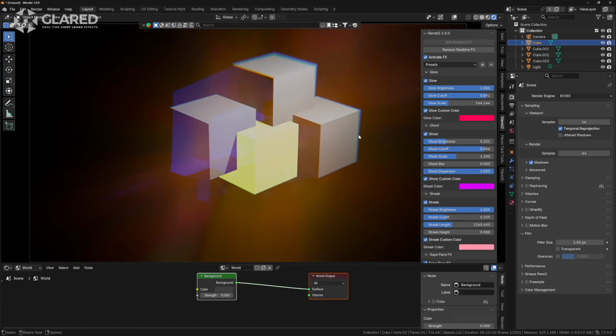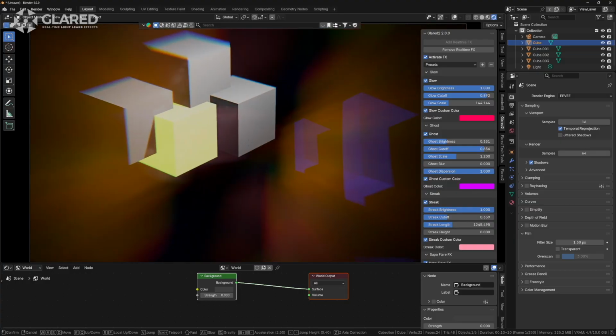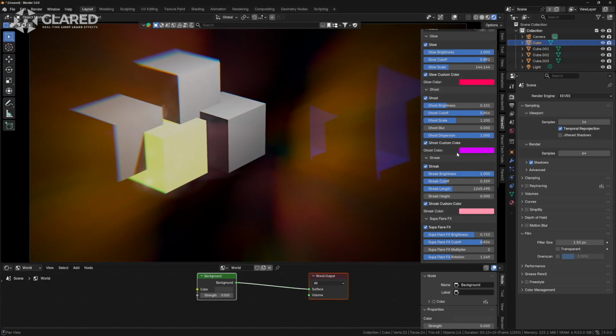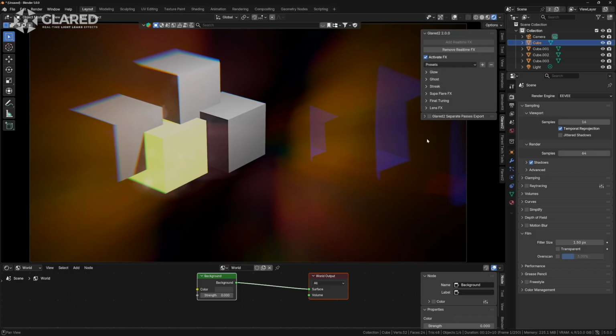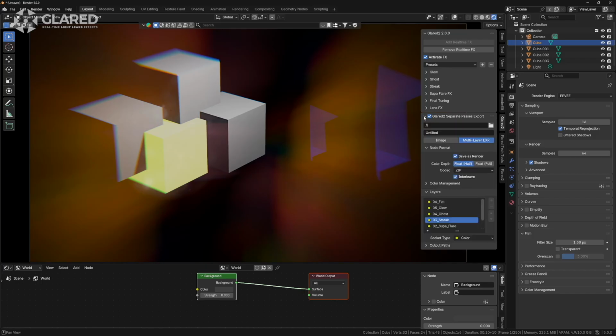What did I want to do? I wanted to try and show you this extra feature in action. Now let's reduce the windows a little. You have this extra feature here, Glared2 separate passes export. I enable it and absolutely nothing happens except that by ticking this checkbox, you will get some options here that